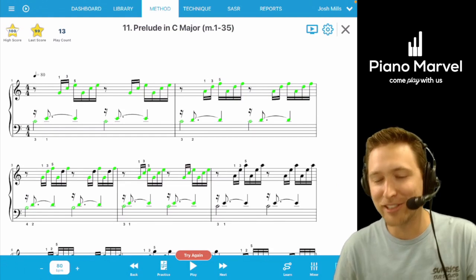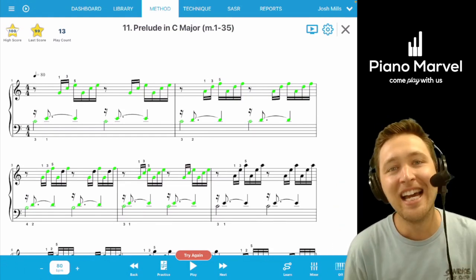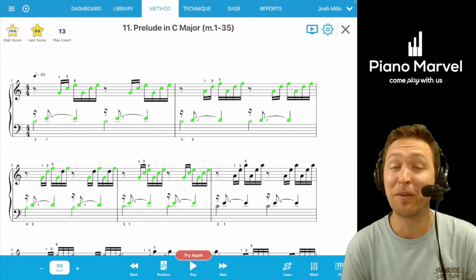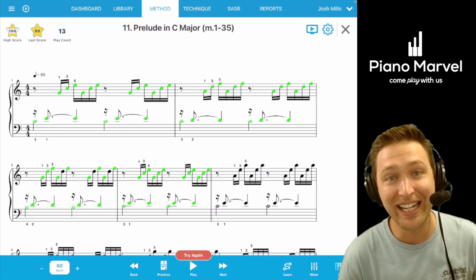And there we go. As you can see, it did miss a couple notes, so it's not going to be perfect right now. Please forgive us. We are working hard on making microphone assessment awesome. We've been working on it. It's taken a lot longer than we expected, to be honest, but we are excited in the continuing months and